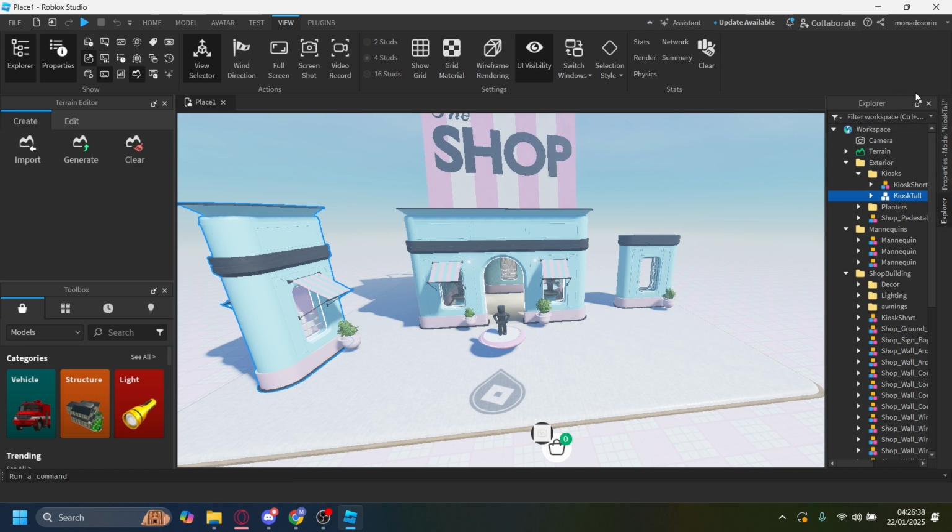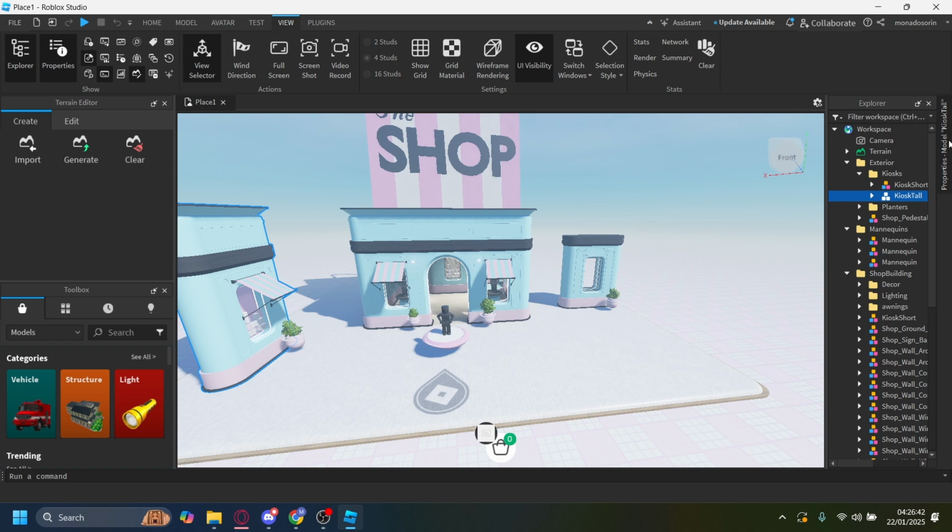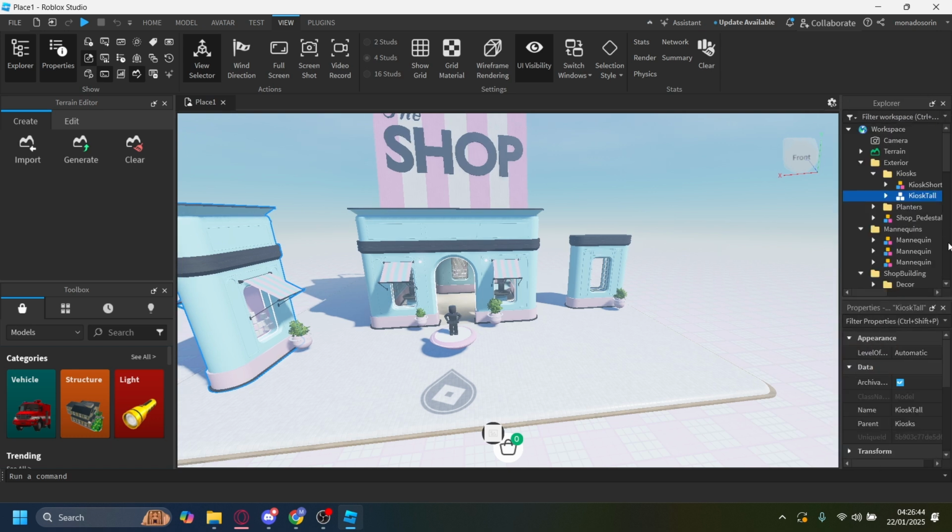If you want to uncollapse it, just click on this button here, uncollapse, and now we have an Explorer. And now we can just go to the properties as well, uncollapse it again, and now we have the properties tab back on its